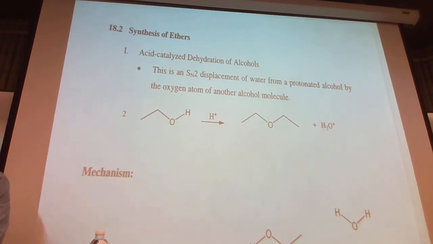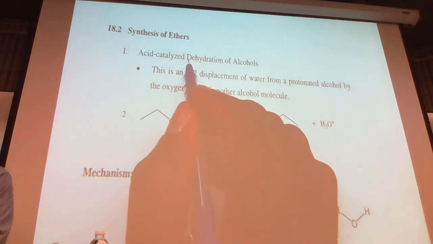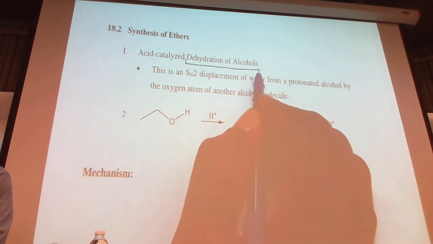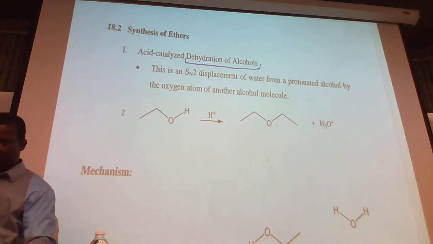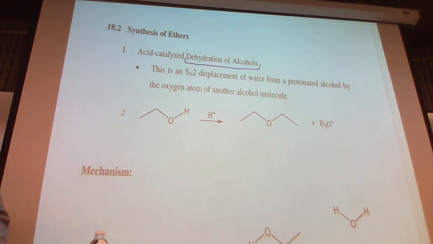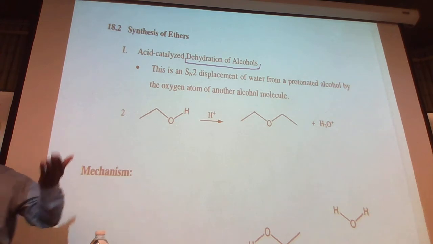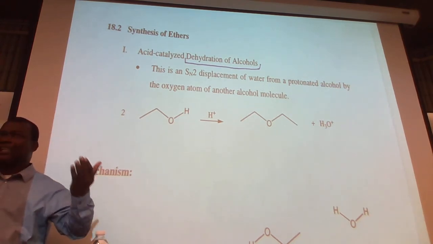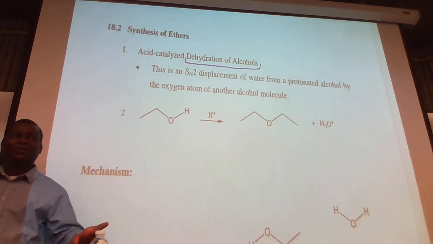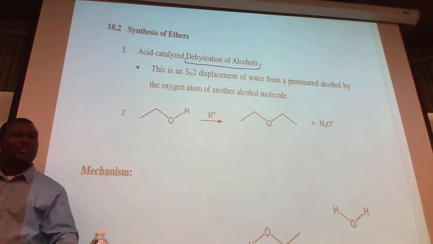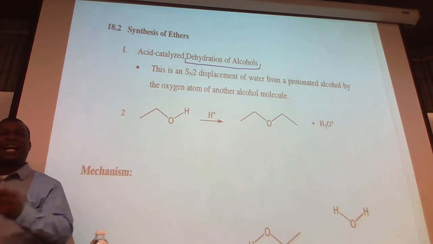One way of making ether is through dehydration of alcohols. Now you will say that dehydration of alcohols gives you what? Alkene, correct? That's like a conflicting statement there, right? Dehydration of an alcohol gives an alkene. Well, the reason dehydration of an alcohol gives an alkene is because you're dehydrating that alcohol with acid in the